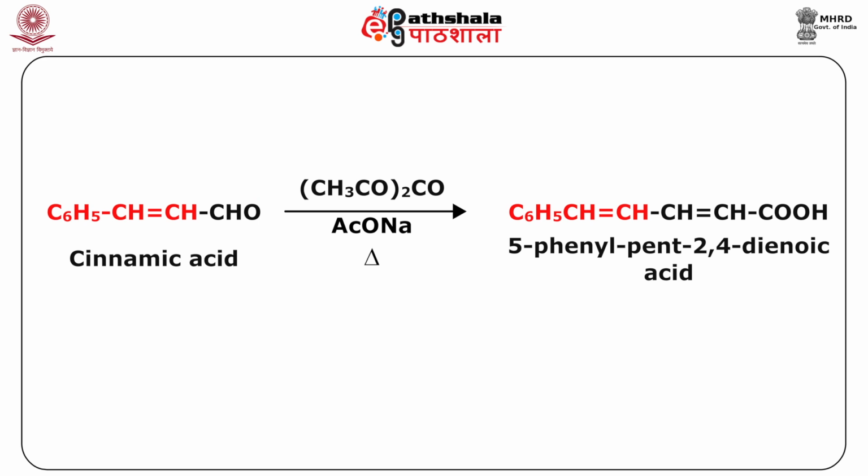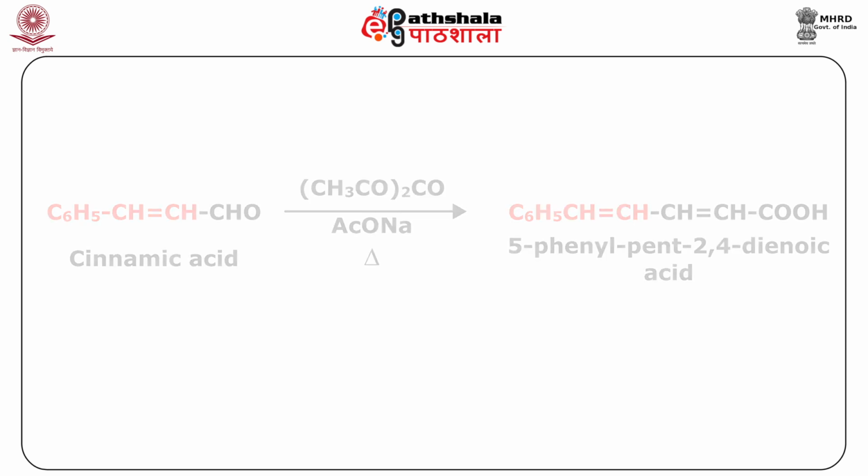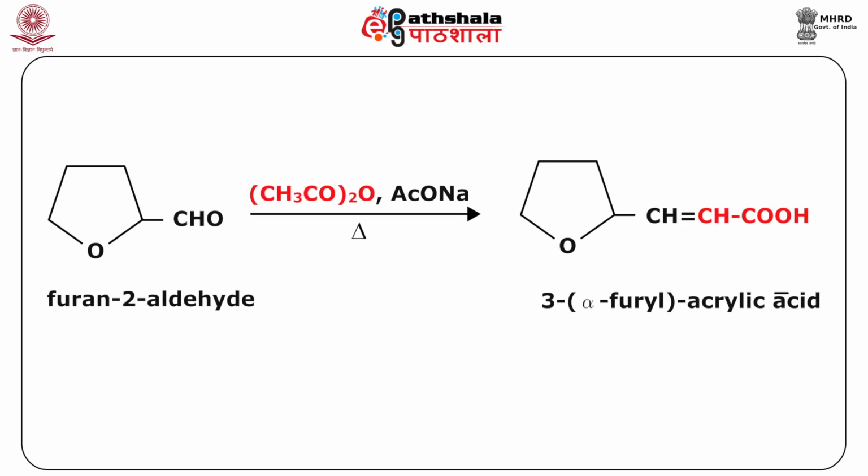You can see here the cinnamic acid itself can be further reacted with acetic anhydride in the presence of sodium acetate, and as a result now you get another unsaturated COOH attaching here, and you get this 5-phenyl pent-2,4-dienoic acid as the product. Another example if we consider is this furan-2-aldehyde when subjected to Perkin condensation with acetic anhydride in the presence of sodium acetate, what we get is this molecule, which is the substituted, that is a furyl